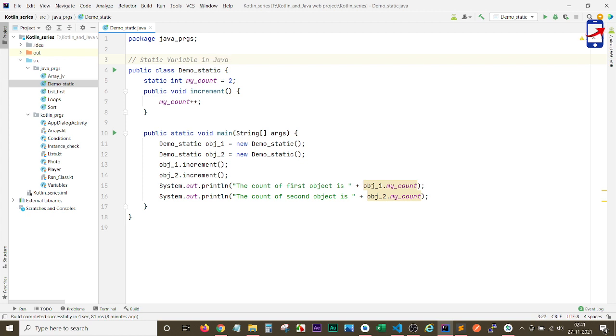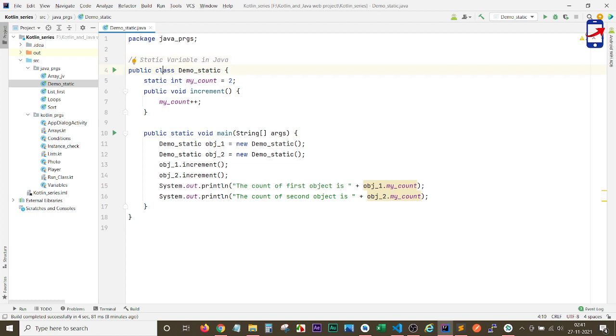Java, as you all know, is a programming language which is used to write programs that can power websites, and you can make Android apps too. So you should be learning Java in order to create programs in Android, or if you want to make a website. So let's see what a static variable is.